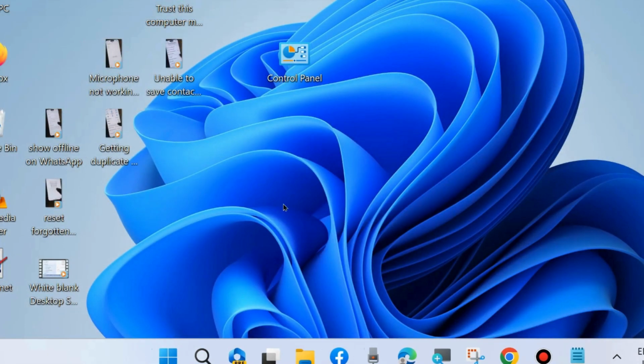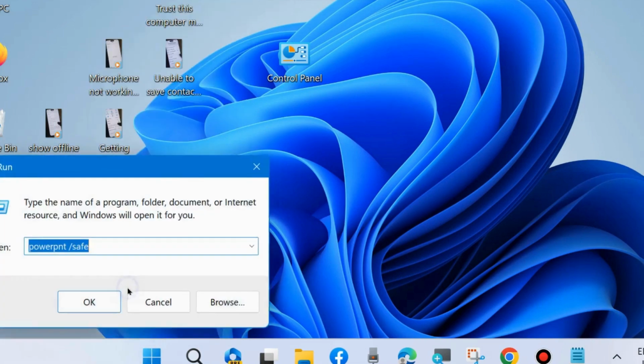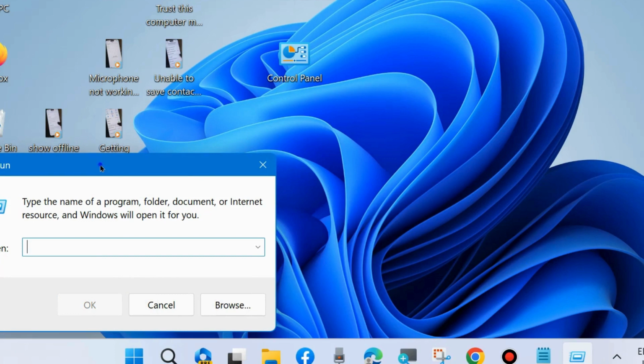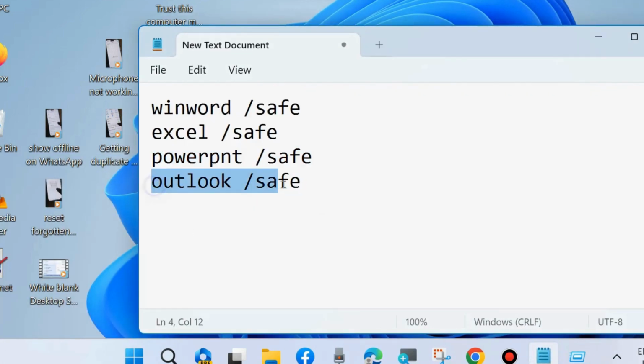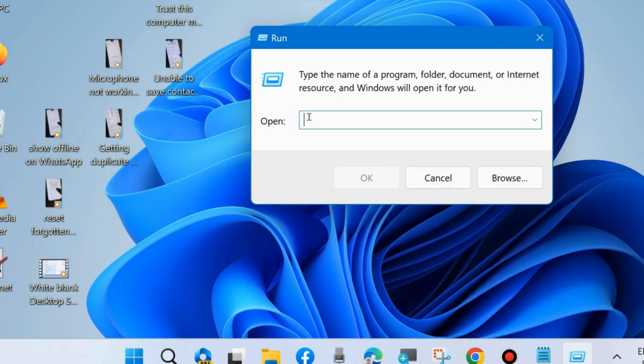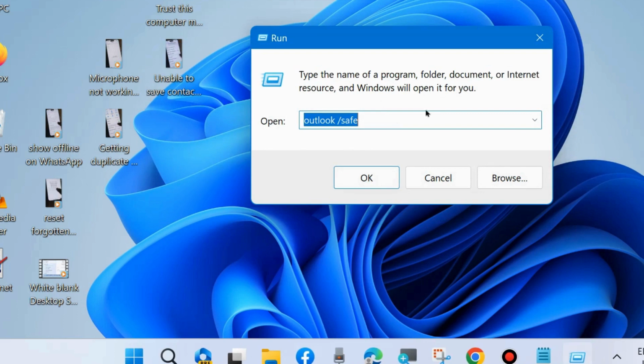Now we will see how to open Outlook in safe mode. Simply go to Run command box and in Run command box type outlook /safe. Execute this command and to open Outlook in safe mode, because Outlook is not installed in my system, so such type of error will appear. Otherwise this option will work to